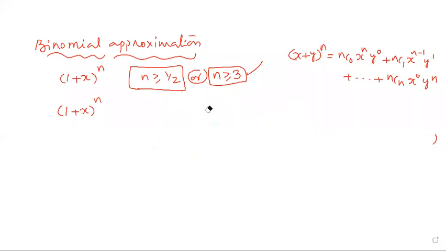See, this is simple. Here it is simply 1 + nx. That's enough; the remaining terms are not necessary. So for any problem given like this, if the power is a natural number greater than or equal to 3, or a fraction greater than or equal to 1/2, above 0.5, we can apply this formula.